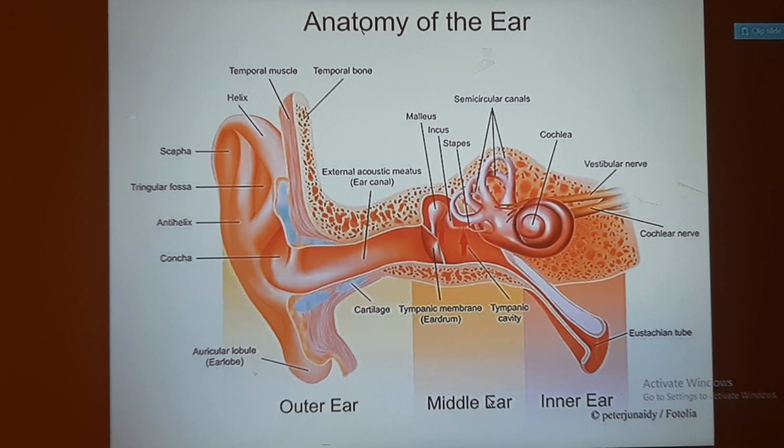As for the function, sound waves enter through your external ear, vibrate in the middle ear, and the function happens in the semicircular canals, and then the message is sent to your brain through the vestibular nerve and the eustachian tube, which is connected to the inner part of the body. This is the anatomy and physiology of your ear. Now we'll see what disease conditions happen in your ear.